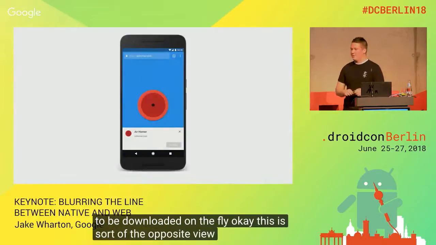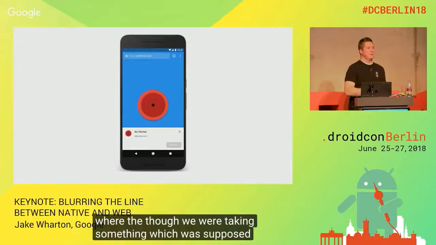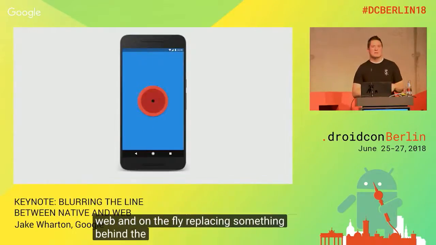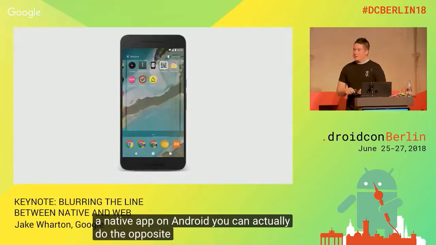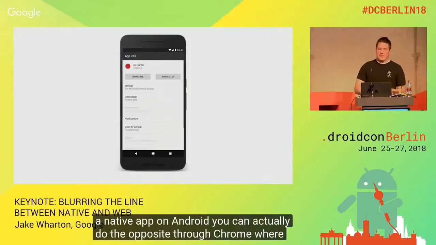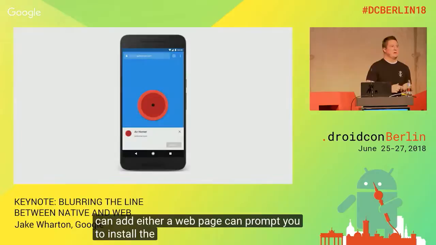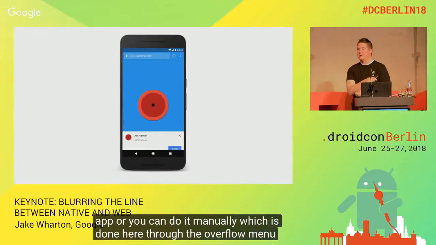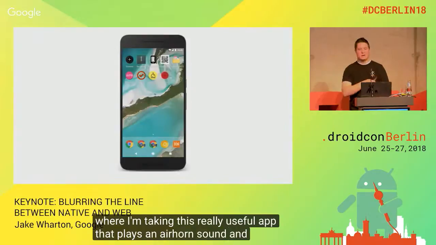This is sort of the opposite view of instant apps, where we were taking something which was supposed to be the web and on the fly replacing something behind the scenes that actually made it a native app. On Android, you can actually do the opposite through Chrome, where either a web page can prompt you to install the web page as a native app, or you can do it manually, which is done here through the overflow menu, where I'm taking this really useful app that plays an air horn sound and installing it